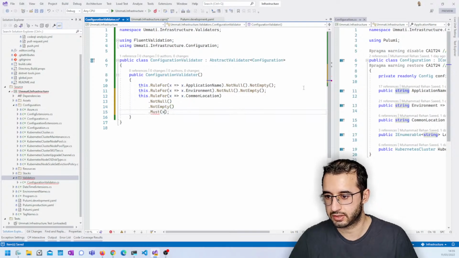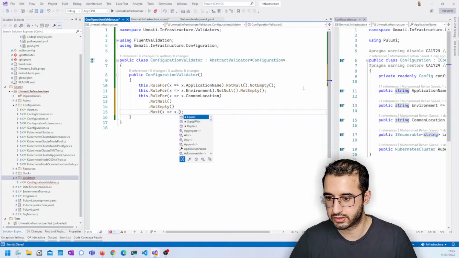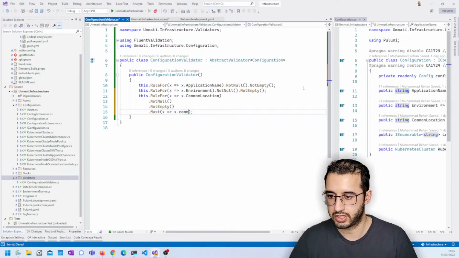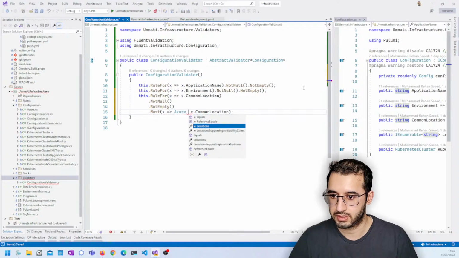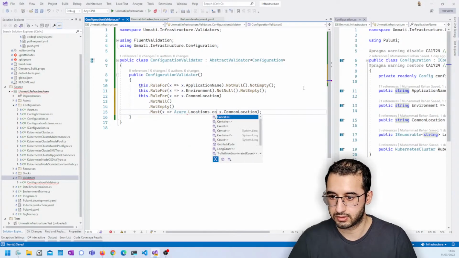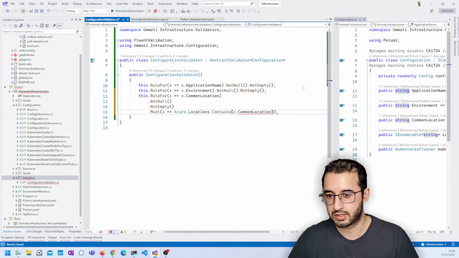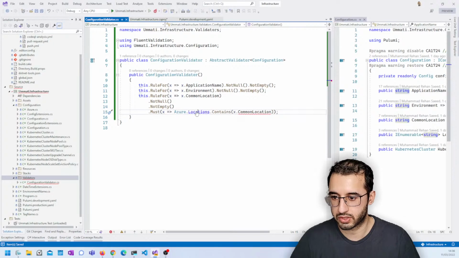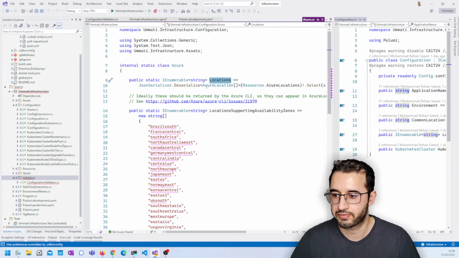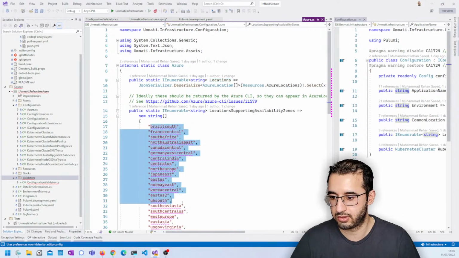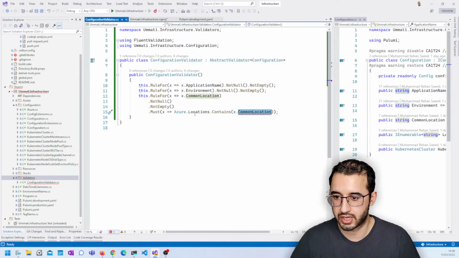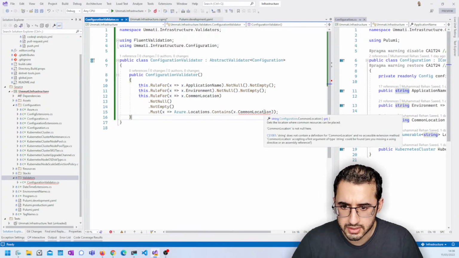So I'm just gonna go like this and say x dot common location, and I want it to be dot contains. So I want this value to be contained within one of, so I have a bunch of Azure locations here, and these are just a list of strings. They look a bit like this. They're read from a JSON file actually, and I just want to make sure that this location is within that list of valid locations. And